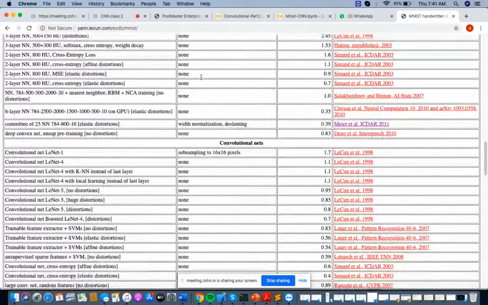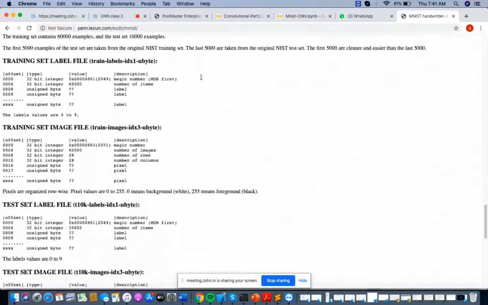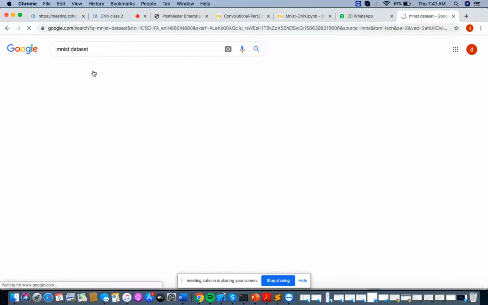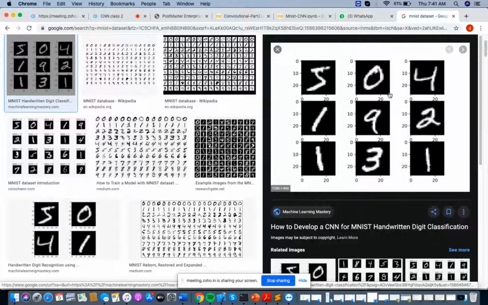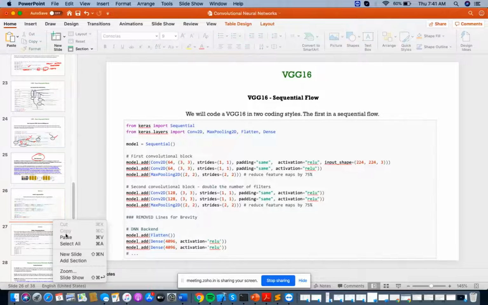Neural networks, convolutional nets, everything. So with MNIST, we will see MNIST images. They are grayscale images. This is what MNIST data looks like. So here we are going to implement a